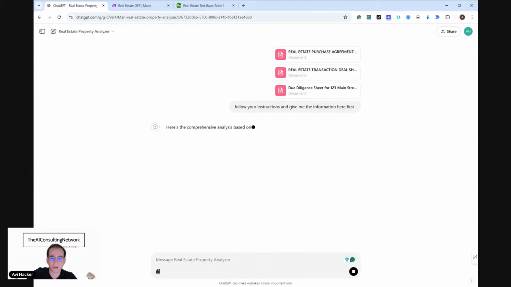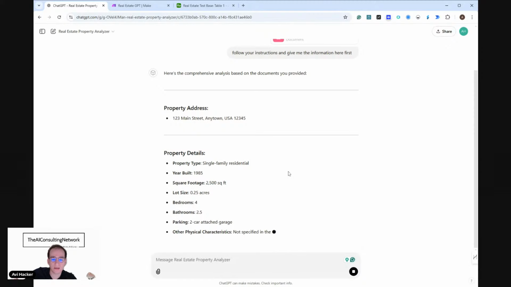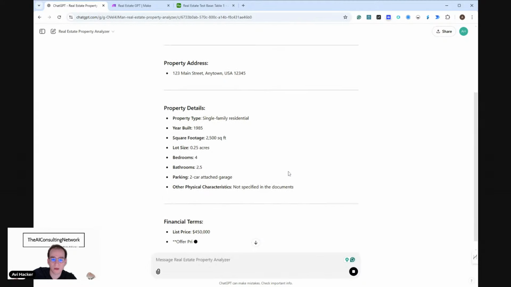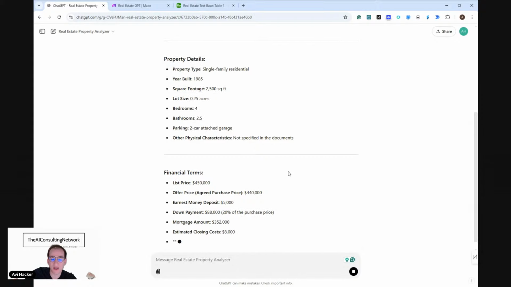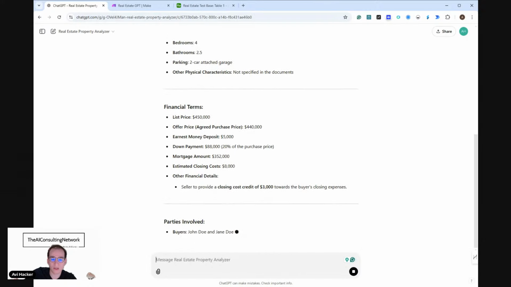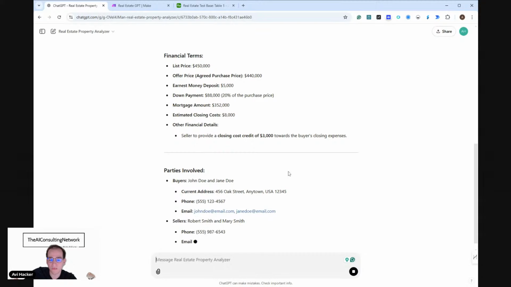Okay, so now I'm giving it those 3 documents, and I don't really have to do more than that. It's going to pull out all the details every single time based on all of those documents combined. So now you're getting all the details, all the transactions, the line items that you're looking for, pulling out from those documents,